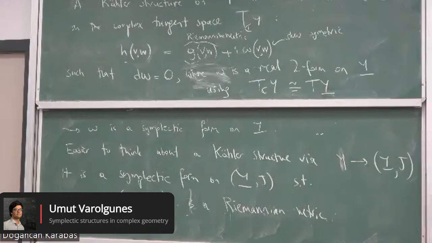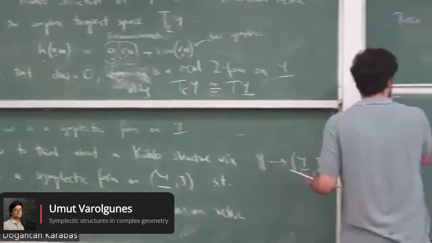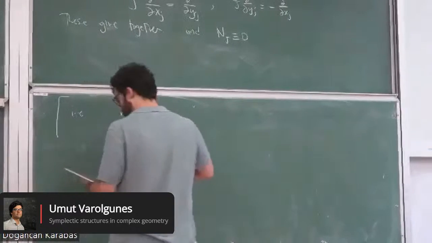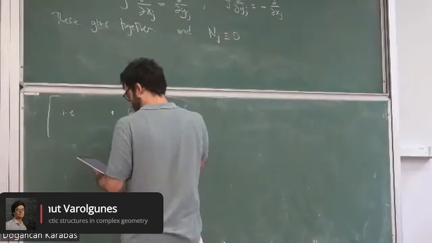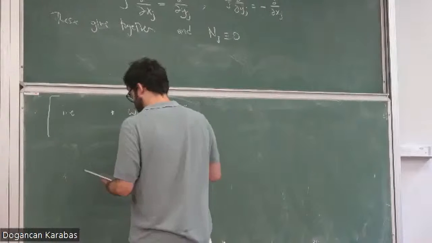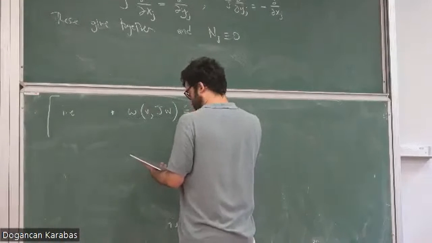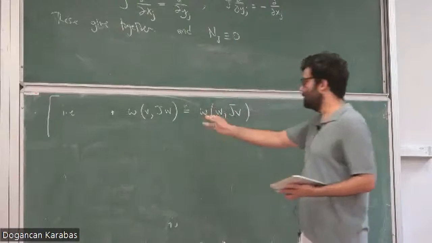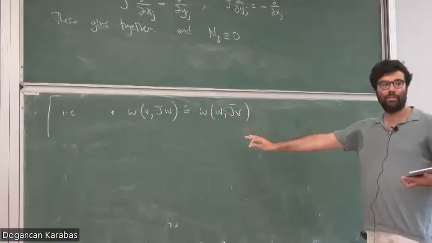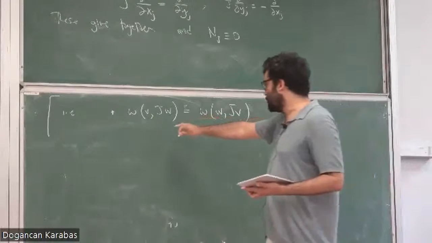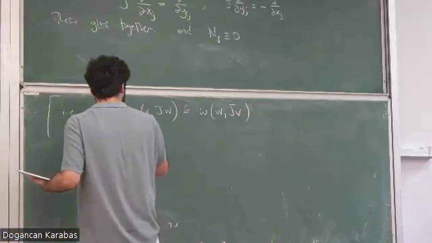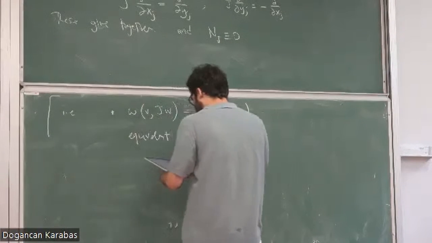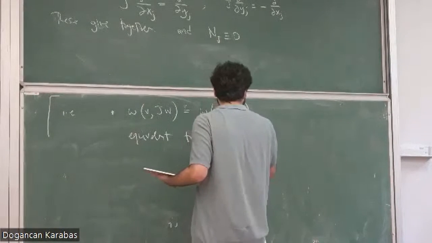Okay, so this means, i.e., omega(JV, JW) equals omega(V, W). So the symmetric property of the Riemannian metric. Okay, and this is equivalent to J preserving